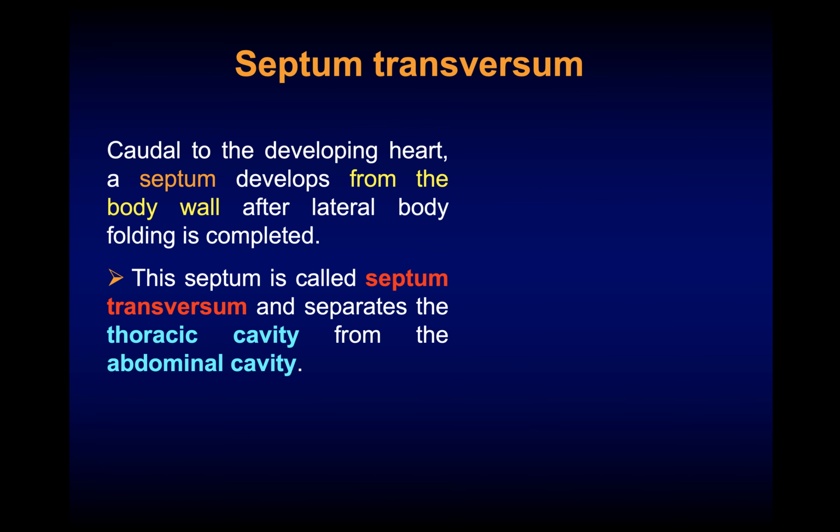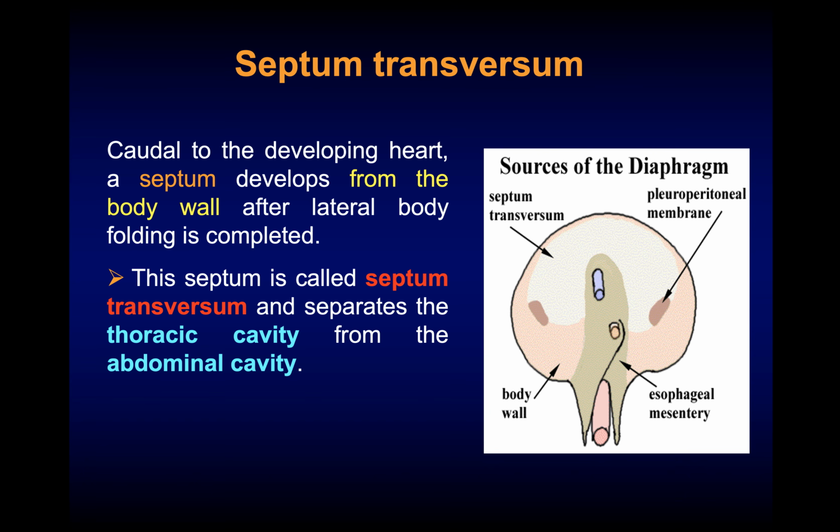The last thing I want to talk about is the septum transversum, which is responsible for the formation of the diaphragm, which separates the thoracic cavity from the abdominal cavity. Usually this structure, the septum transversum, develops caudal to the heart, and this results in the formation of the body wall after the lateral body